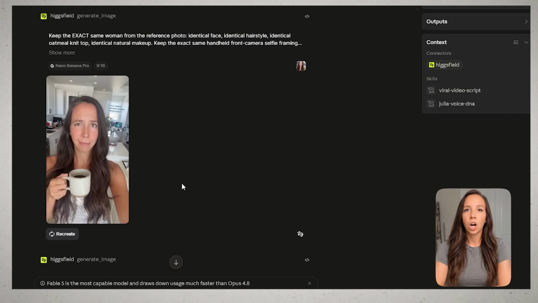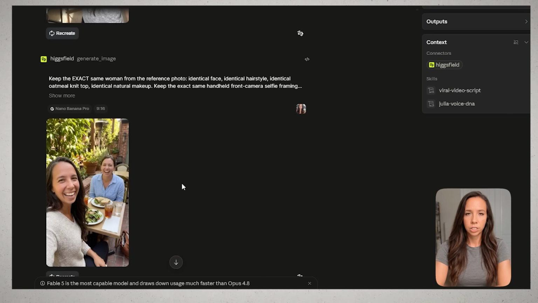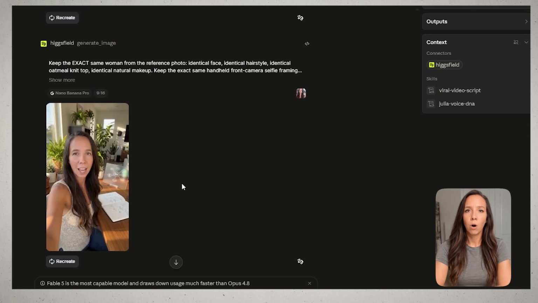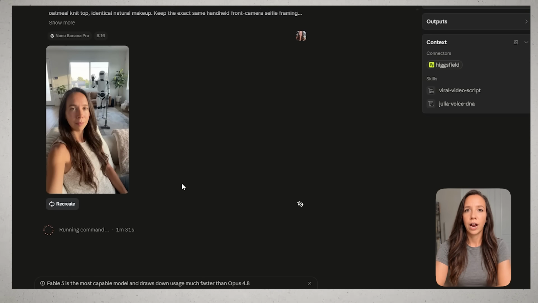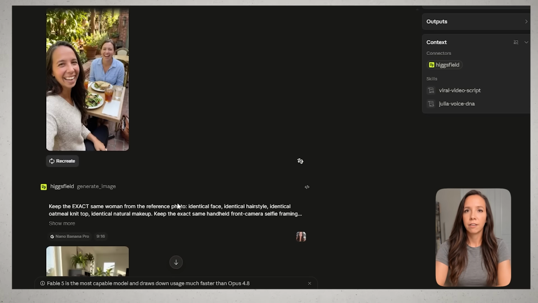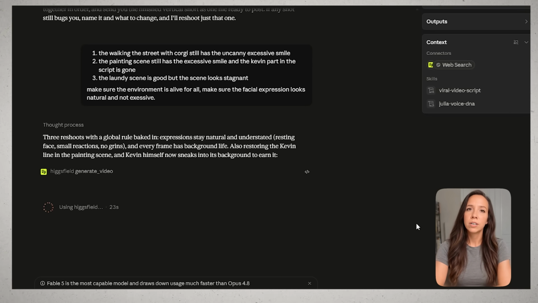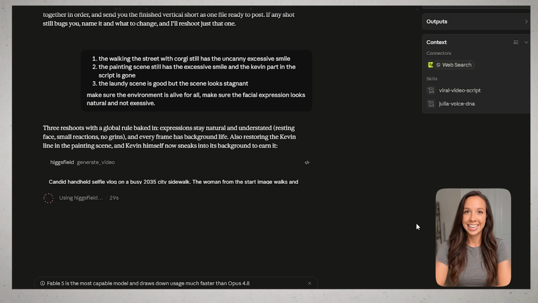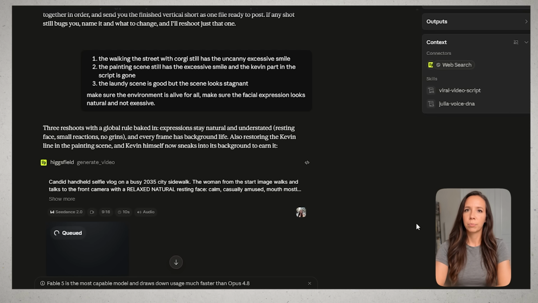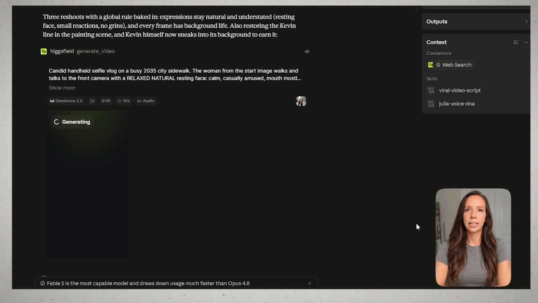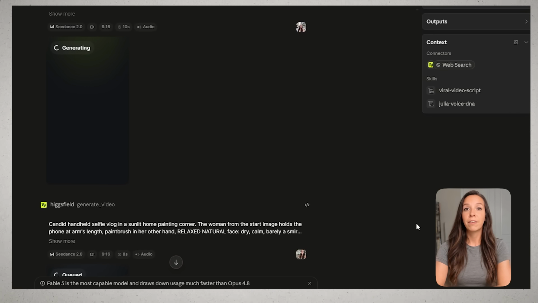It locked every shot to 1 approved reference image. Same woman, same hair, same oatmeal top. It set standing rules for every reshoot, resting face, faint smirk at most, constant motion in the background. It even wrote itself a rule so Kevin's cameo couldn't get dropped from the painting scene again. That's when it stopped feeling like a prompt box and started feeling like a junior producer, one who never sighs